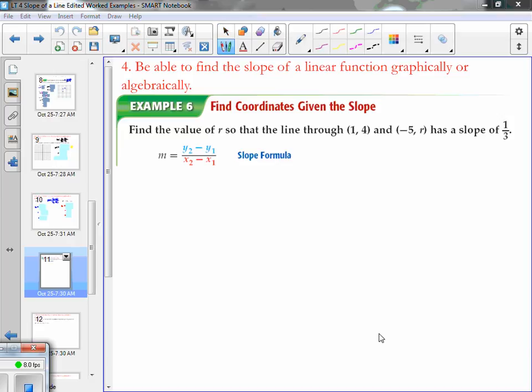It says find the value of r so that the line through (1, 4) and (-5, r) has a slope of 1/3. Little m stands for slope, so they're telling you that m equals 1/3. Now we also know, using the slope formula, that m equals y2, and look what y2 is. It's not a number. y2 minus y1